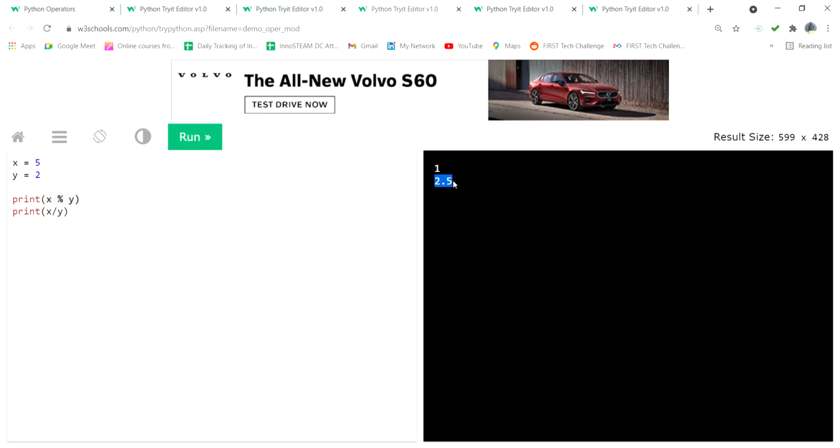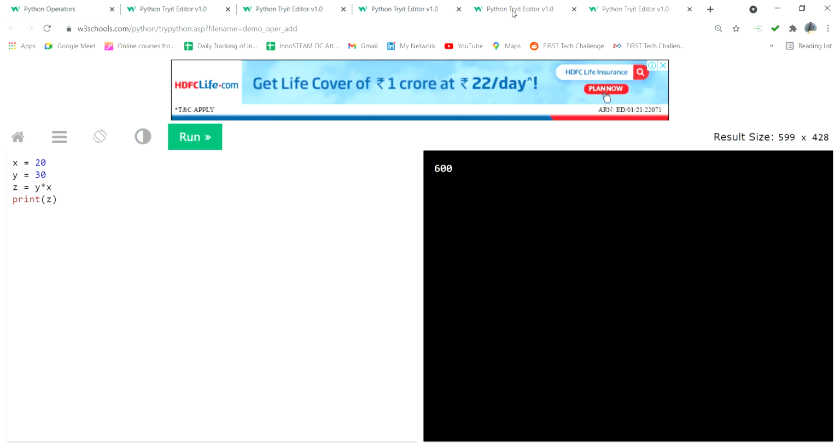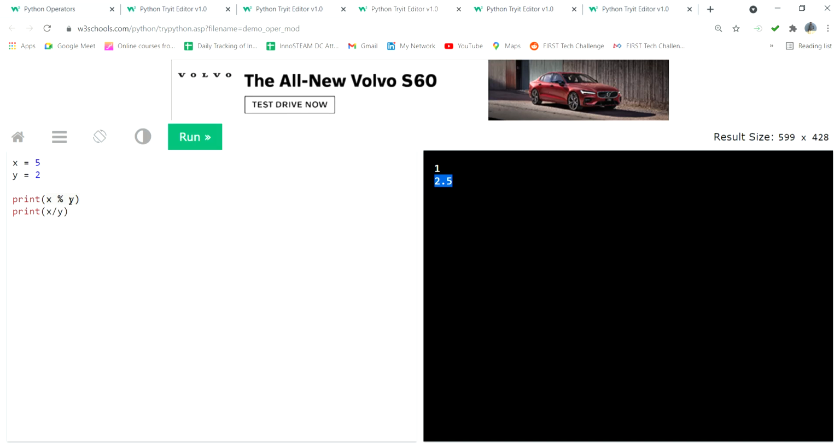Explain modulus, sir. Okay, no problem, I will explain again. Modulus means you take the remainder value, that much only. Here I can show you. You can see this is the quotient value. If you put slash one time, you get the quotient value. Suppose you put modulus, then you get the remainder value. If you see 5 divided by 2, 2 twos are 4, then the remainder is 1, that remainder only you take.